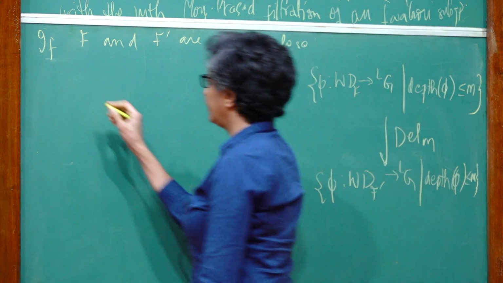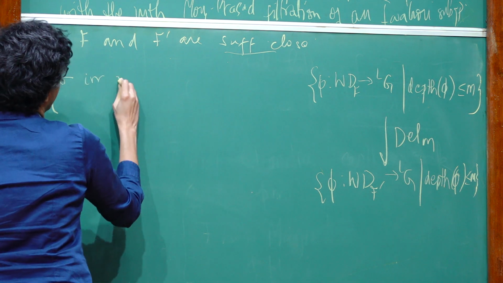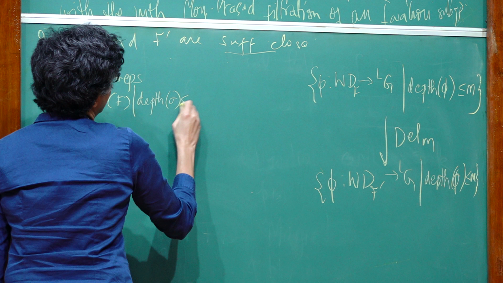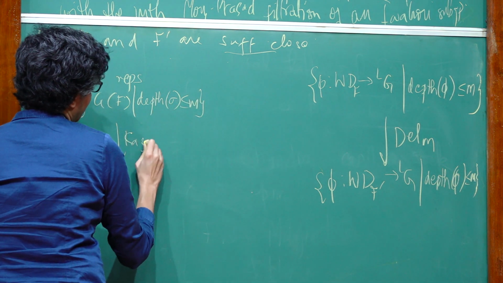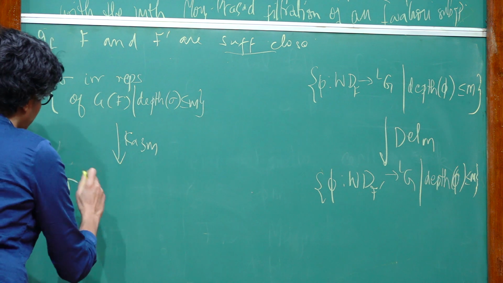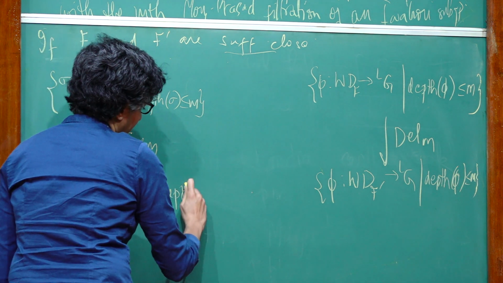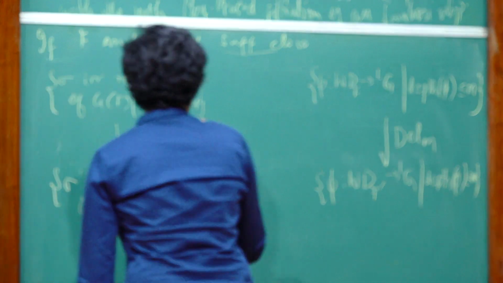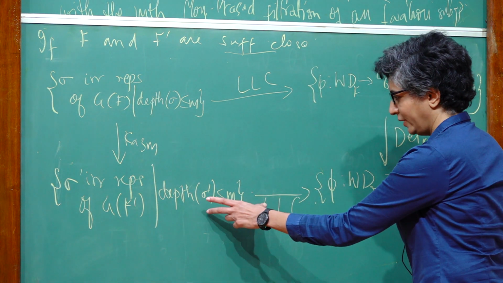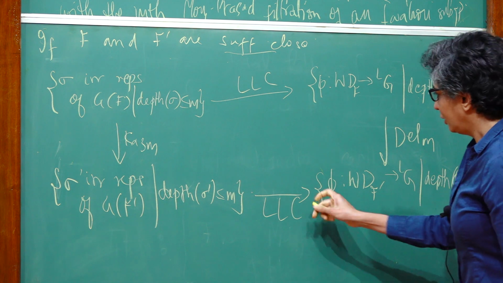Okay, and then this is due to Deligne, and similarly you look at irreducible smooth representations sigma of G(F), such that depth of sigma is less than or equal to M, and then via the Kazhdan isomorphism or its variants, you will be able to get irreducible representations sigma prime of G(F prime) such that depth of sigma prime is less than or equal to M. Implicit in this is that I'm assuming some kind of depth preservation result holds to even put together this picture, but I'll not get into that today. So I have this, and then